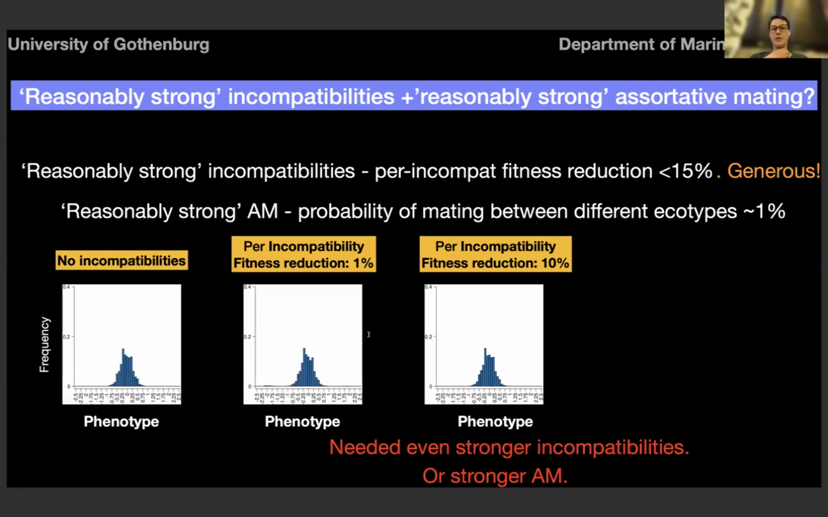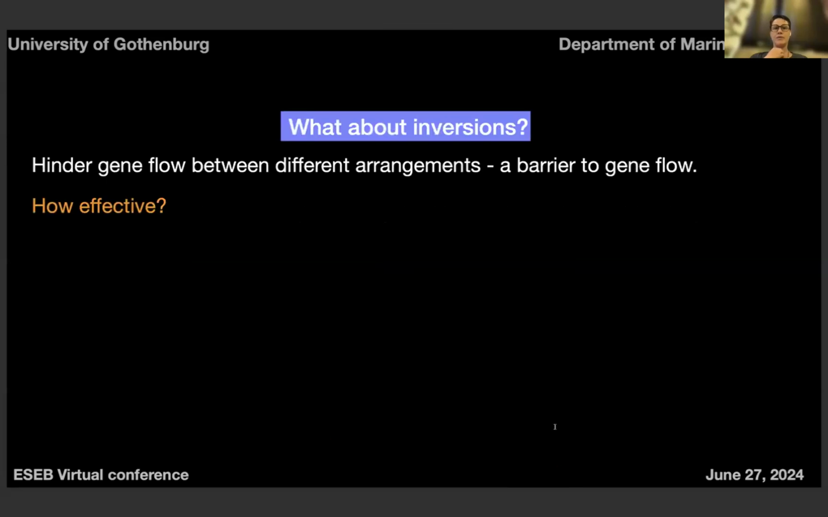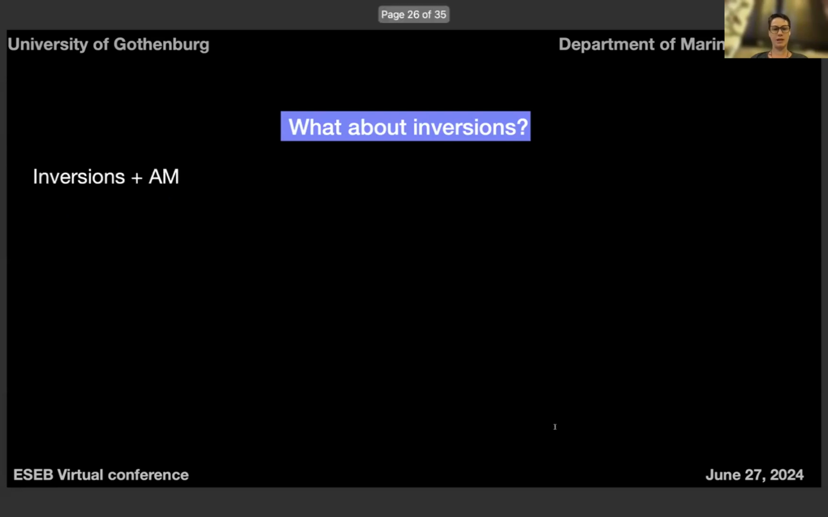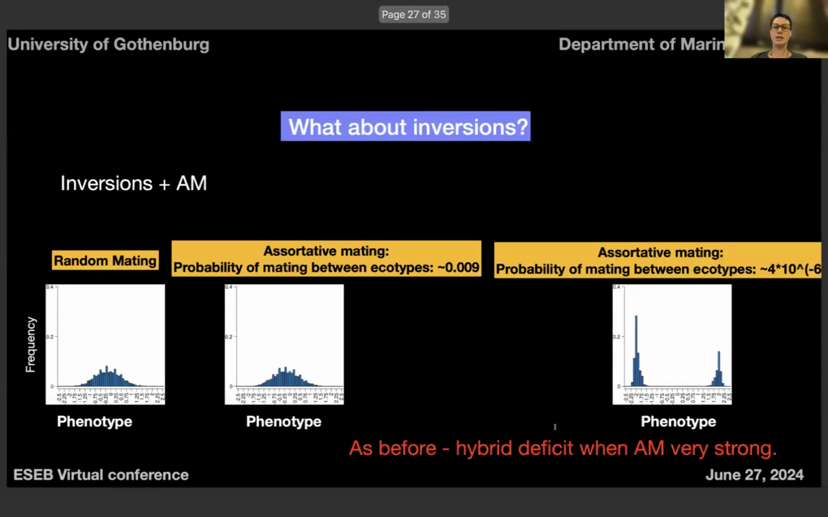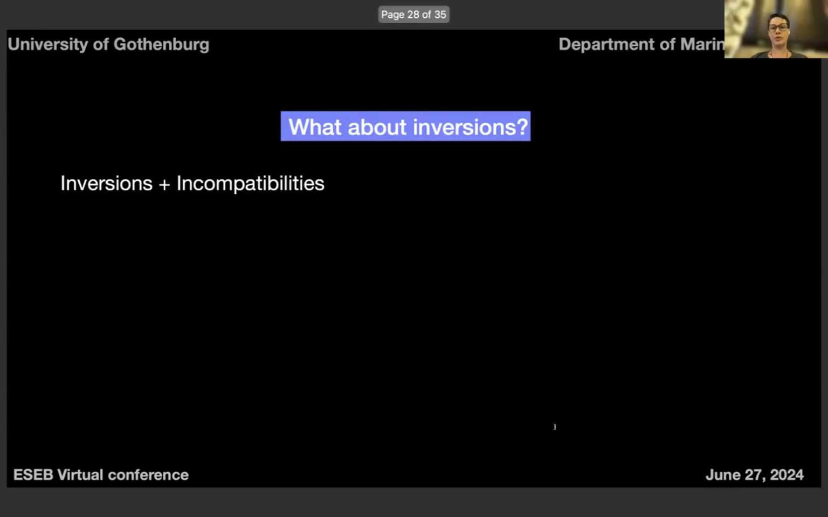So that leads us to the inversions. We expect inversions to act as a barrier to gene flow between the different arrangements, of course, but the question is how effective this mechanism is. So if we now include just inversions and assortative mating, we see that despite inversions, assortative mating is not a really strong mechanism to ensure multimodality. It's not so different from the collinear case. But if we have inversions and incompatibilities, this is actually